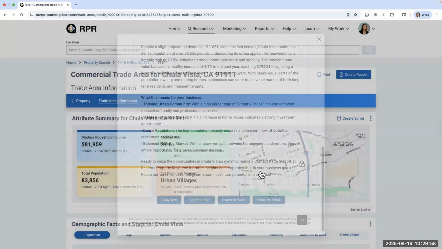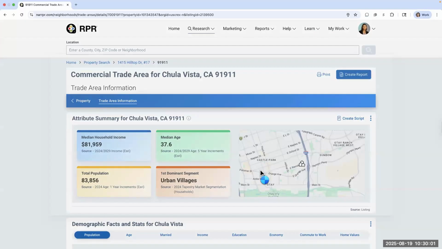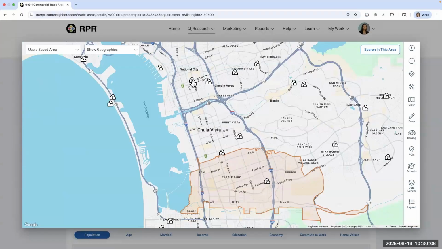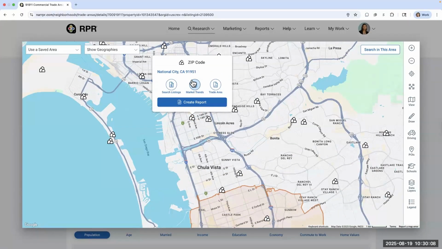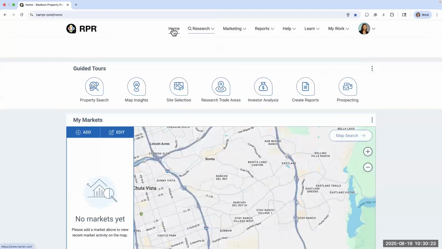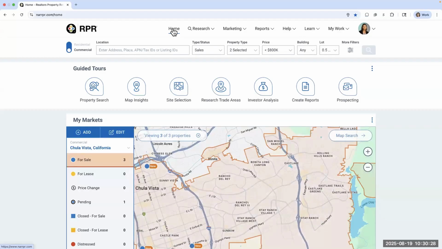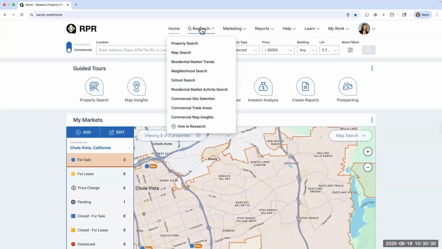Now, I'm just going to come over here because I'm not all that familiar with the San Diego market. So I'm going to write down this zip code, 91951. I can also come in from the RPR homepage and go to research, and under research,